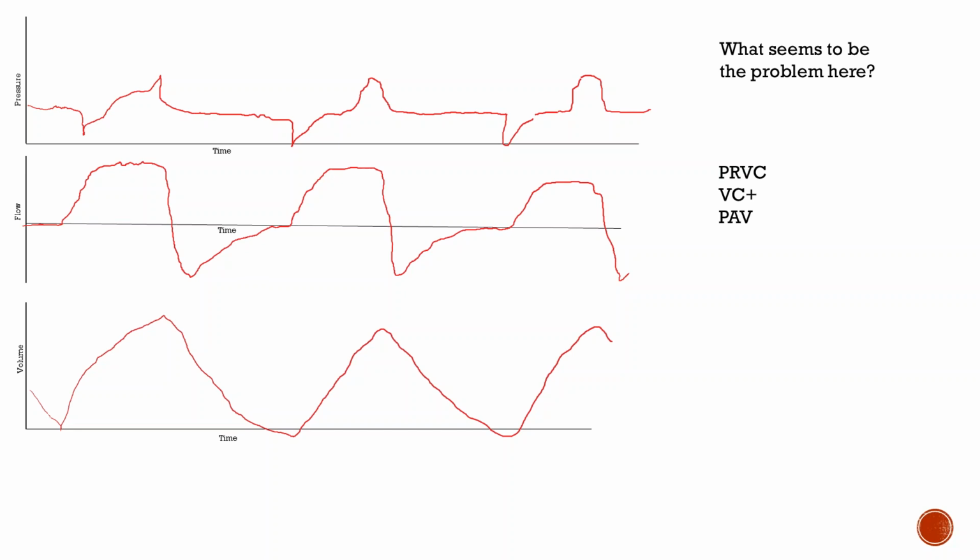And he's awake. So you're terminating your breath too early. This is terminating the breath too early. Yeah, so what is PRVC? Basically it's pressure control, right? However, what the machine is doing is it's kind of guessing. It's shooting some breaths at you, it's shooting some volumes at you, and it's guessing what kind of compliance your